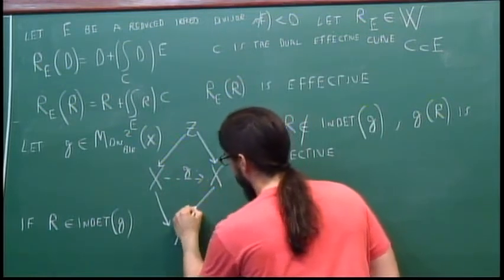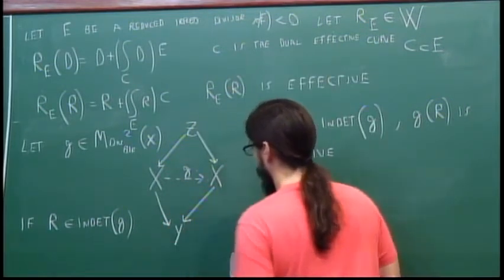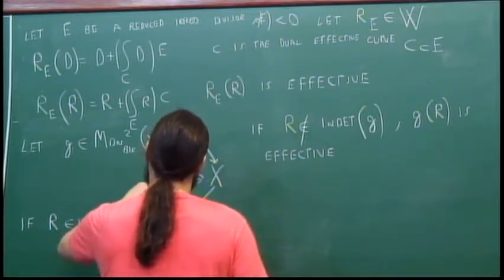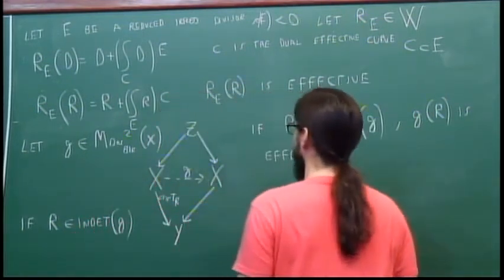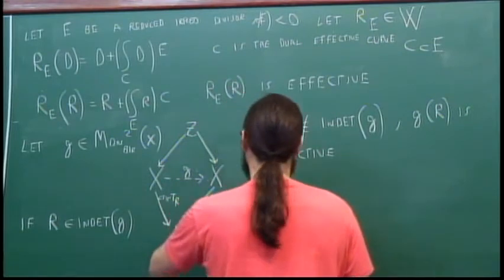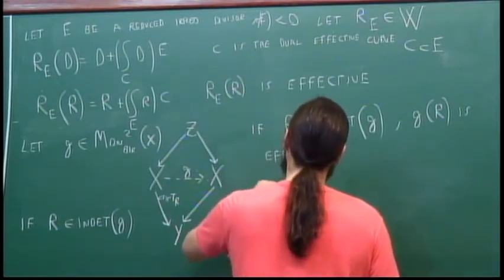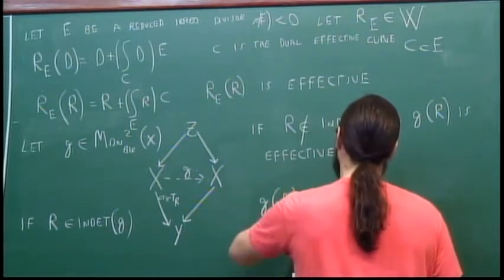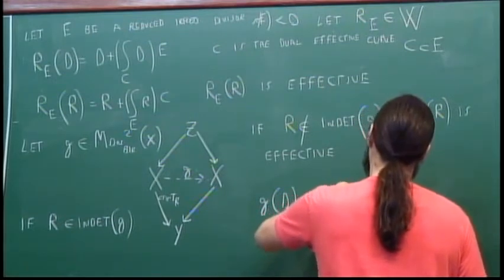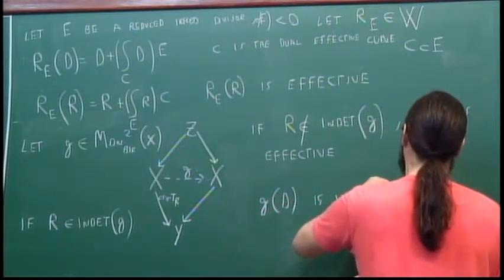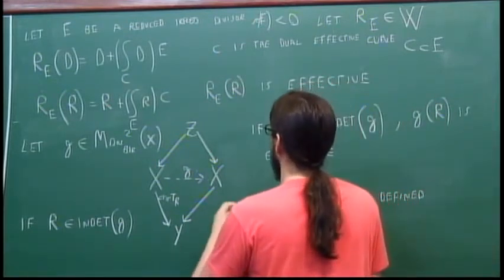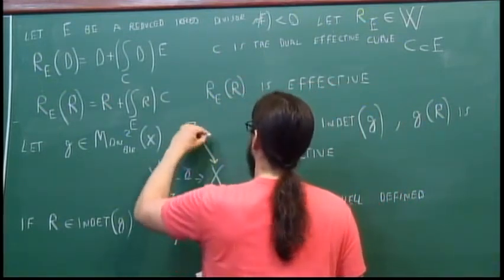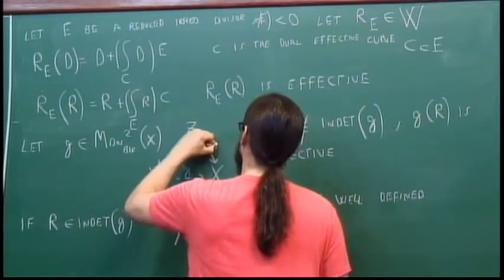So we also have a contraction here. And so G of D is well defined. And P2